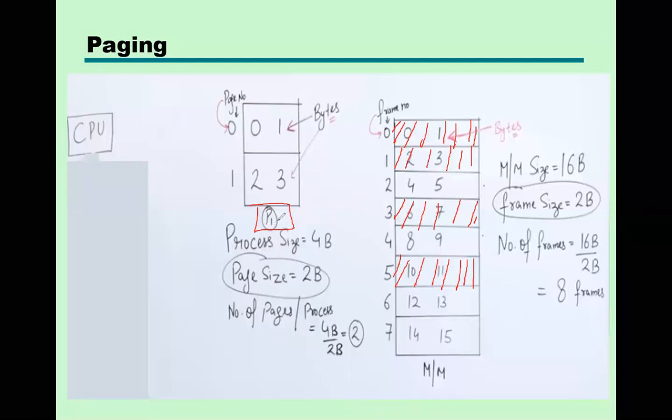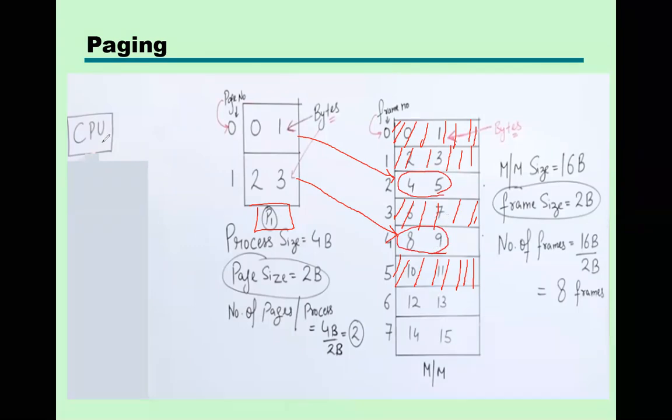And this is the process P1, right? This process P1 is equally divided and has 4 bytes. In the main memory, these two pages are available. So what we can do is load these pages to the respective locations. We have loaded this page, and this 2, 3 we have loaded here at 8 and 9, and the next at 4 and 5. We have loaded these 2 bytes of data here and the next 2 bytes here. In this way we have loaded.